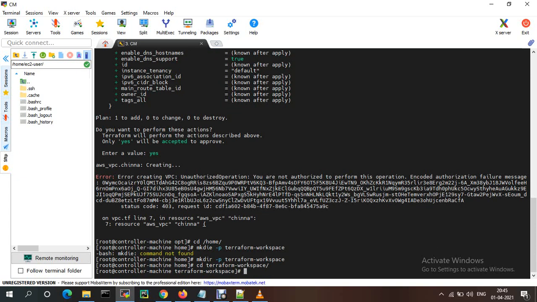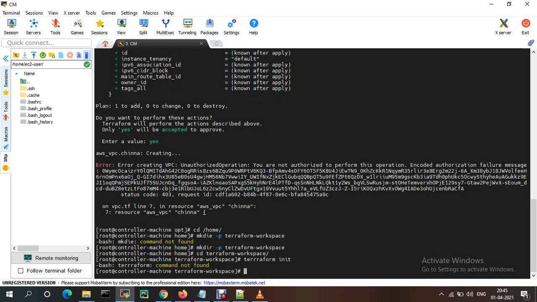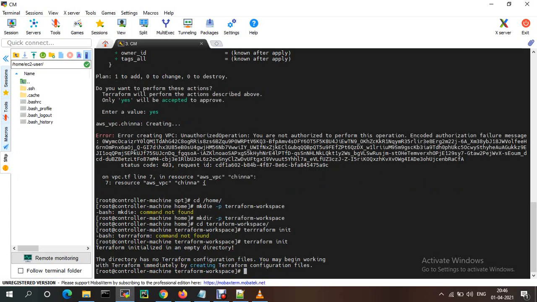So I'm just giving terraform init, initializing Terraform. Here Terraform is initializing.